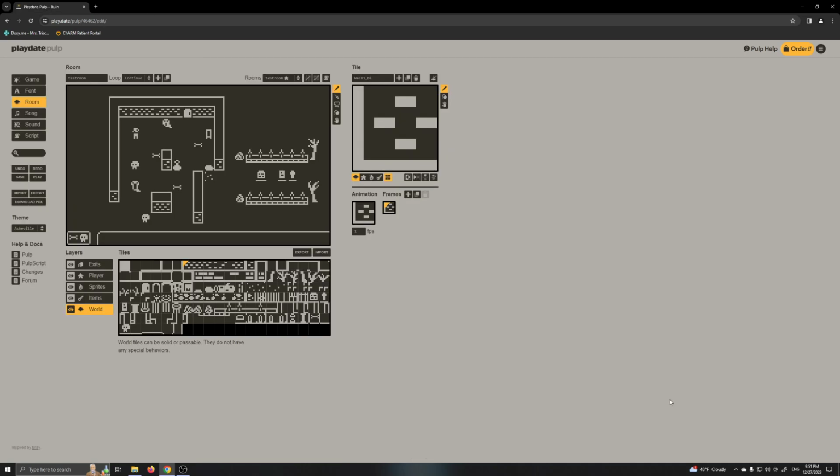Anyway, it's not much yet, but I've been doing a bunch of art for it. This whole thing is tile-based, and it's tile-based in more than just the art creation. So if you'll see right here, a whole bunch of tiles that I've made. These are all 8x8 tiles, which is incredibly limiting. Not only are they just 8x8, but as you can probably tell, it's a 1-bit color